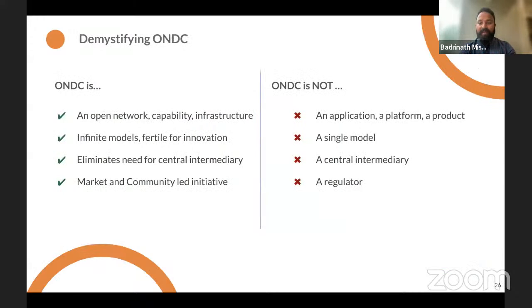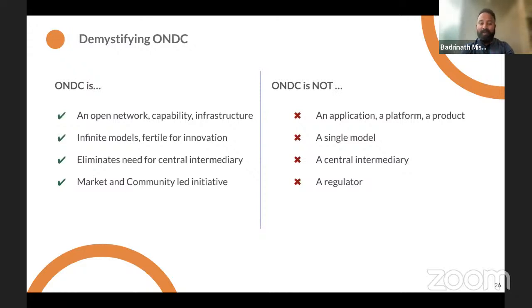So very quickly, we understood what is ONDC. Let's understand what is ONDC and what is not ONDC. Because ONDC is into e-commerce, it deals with products and services, and we talk about platforms. But ONDC is not an application, not a platform, and not a technology product. Exactly like the internet. You don't go to the internet. You go to a browser, or you go to your Gmail, or you go to Facebook. You can't explore ONDC as is. You have to go to a buyer application like Paytm or PhonePe to explore and experience ONDC.